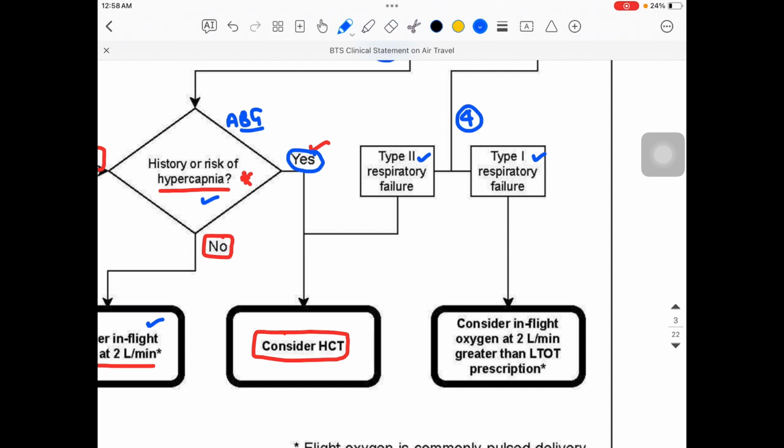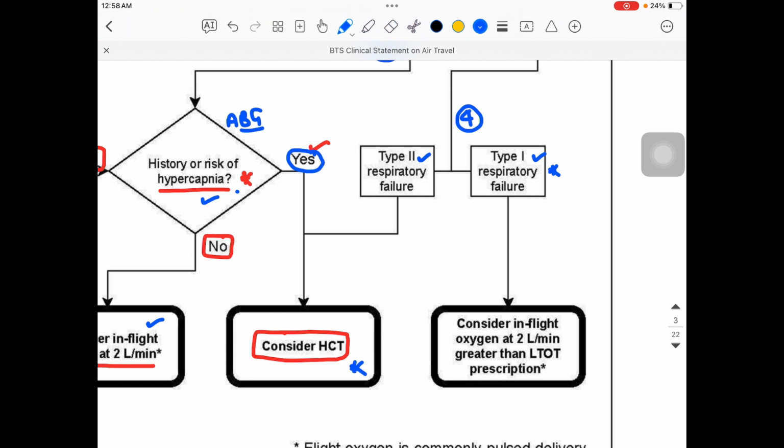In the risk of hypercapnia, we were considering the HCT. So here also we'll consider the HCT. If the patient is having type 2 respiratory failure, we will be considering the hypoxic challenge testing. As simple as that. If there is type 1 respiratory failure, then we shall allow this patient